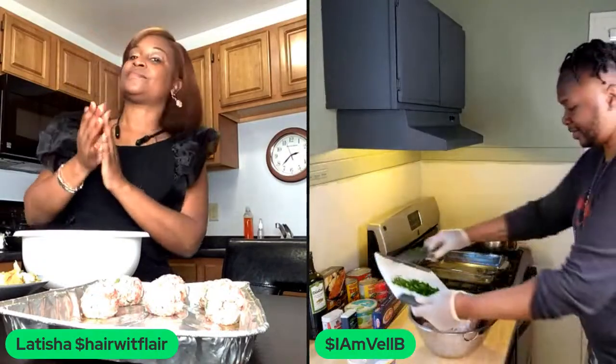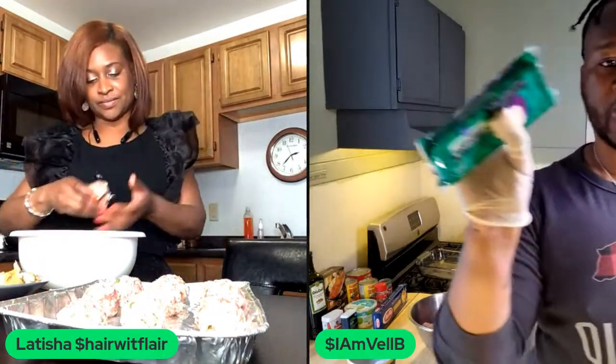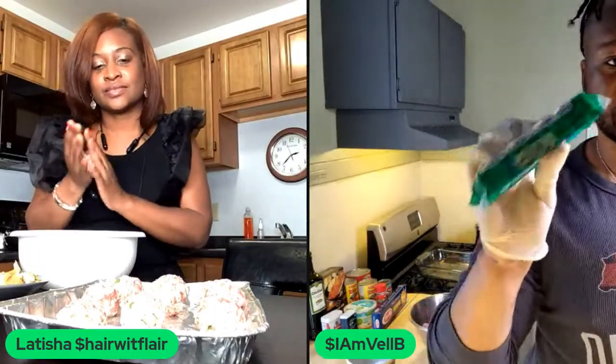All right, now I'm adding the basil. So that's basil you're putting inside of your... Yeah. Basil and what else? And now I'm going to open up my, well, I got garlic cloves, onions, a little bit of olive oil. I'm going to put some whole tomatoes in there, some diced tomatoes. I don't know if I'm going to add the bay leaf. I don't know about that one. Tomato paste and dried basil and black pepper. And then I have the mozzarella cheese that I'm going to chop into little cubes, and that's going to be the center of the stuffed